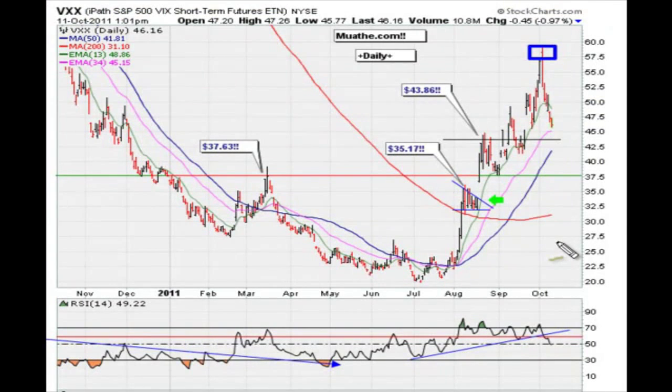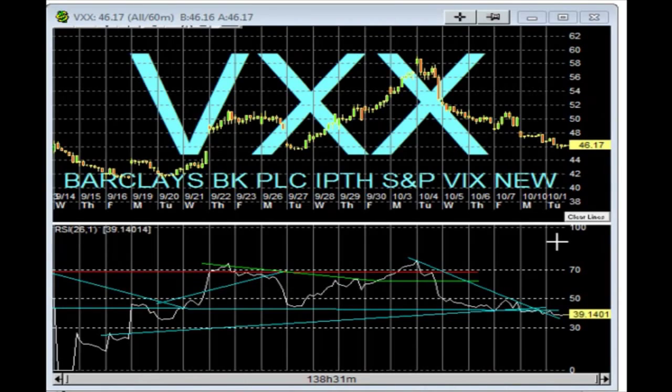Again, this is the daily. Now this is the hourly. So about $60 is where it made a high. So we also have a primary line, because this is an all-time high. I believe it is an all-time high for VXX, which is the ETF that tracks the VIX. Should we break out on the RSI above this line that I'm drawing here,